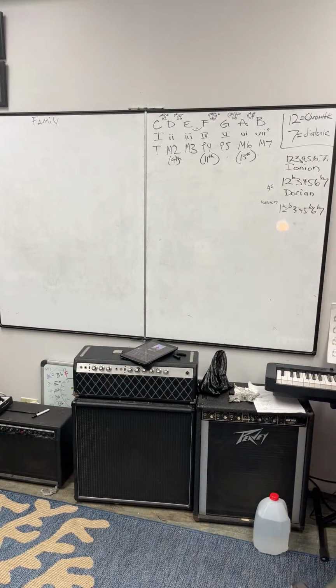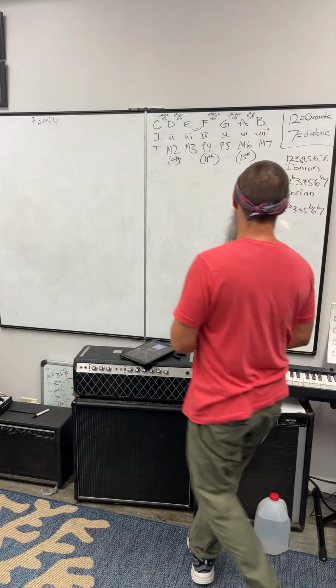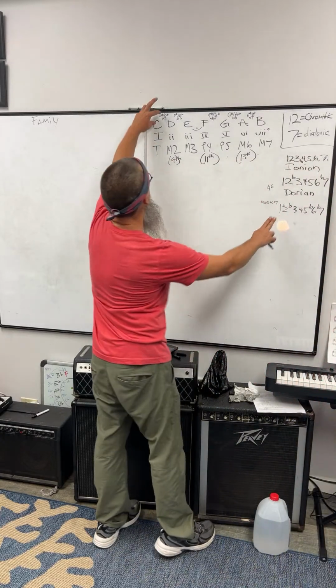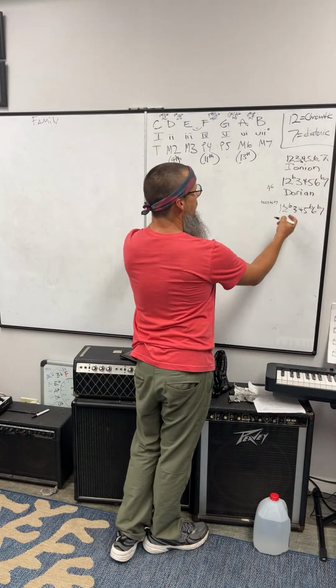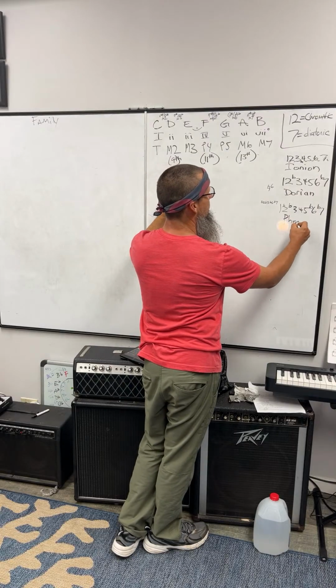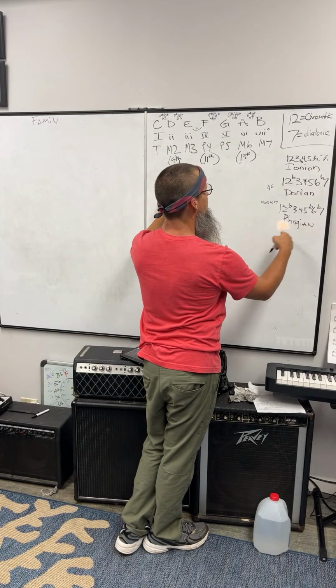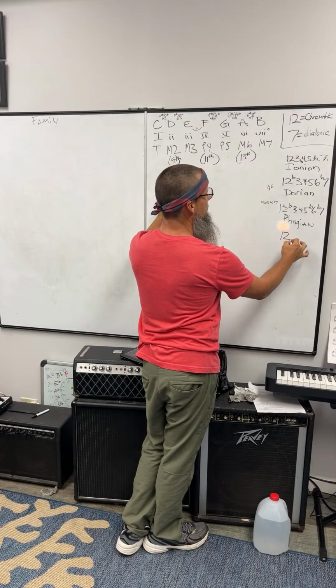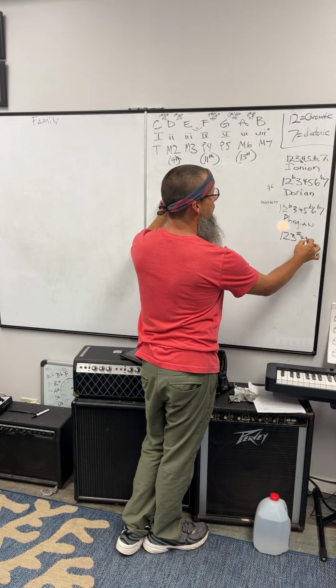Here's what a minor sounds like. How about A minor? And when we play that flat 2, we have more tension starting off right off the bat with that minor second. Very cool, huh? Our next one after Phrygian is called Lydian, and it's 1, 2, 3, sharp 4, 5, 6,